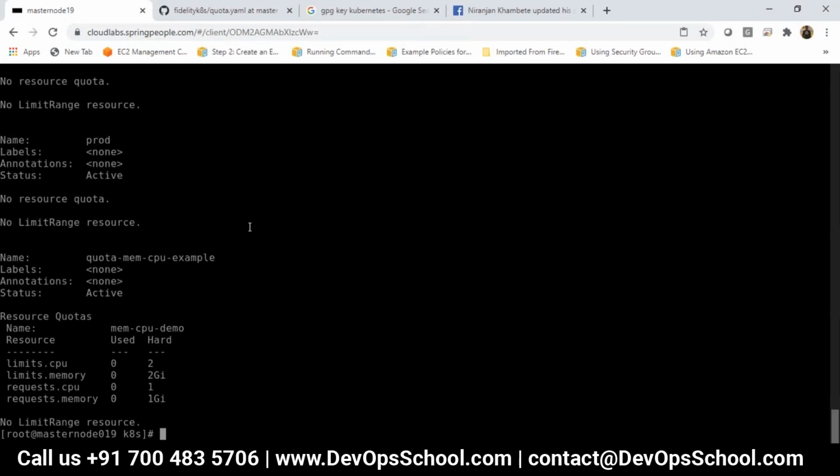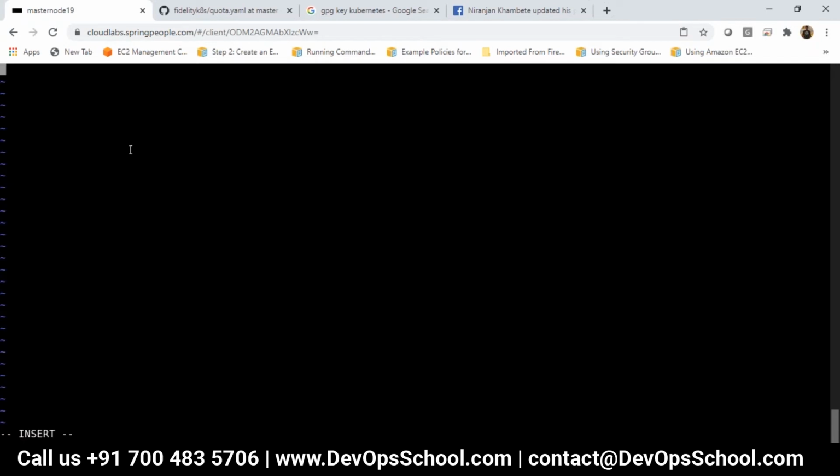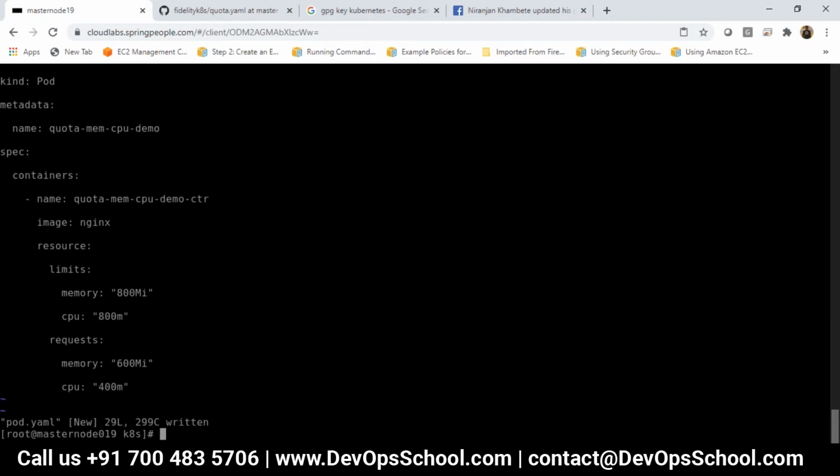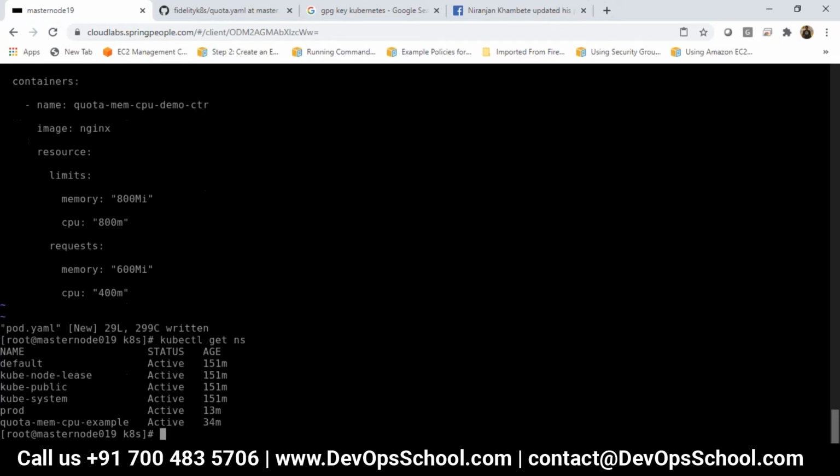So copy this, vi pod.yaml, and I'll save this. kubectl get ns. kubectl apply -f pod.yaml to be applied in the particular namespace, quota-memory-cpu-example.